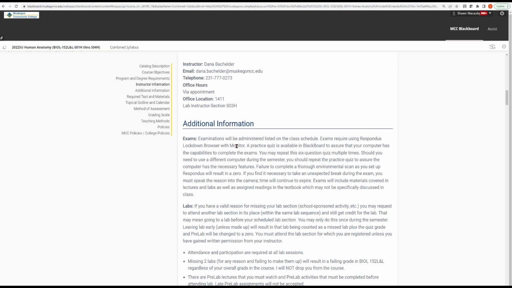If you're having trouble with loading Respondus or working with Respondus, the IT department at MCC are the folks to reach out to. I am not a technology expert. This program works on Macs, it works on Chromebooks, it works on PCs. So we've had very, very good success with this program. You do need to have a webcam to take the major exams. So I'm telling you all this now so that if your own personal computer does not work with this program for whatever reason, which is only rarely,